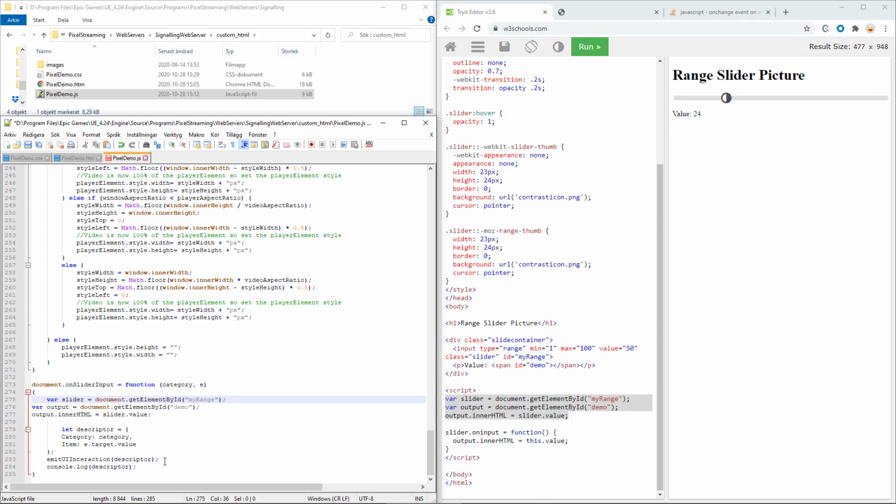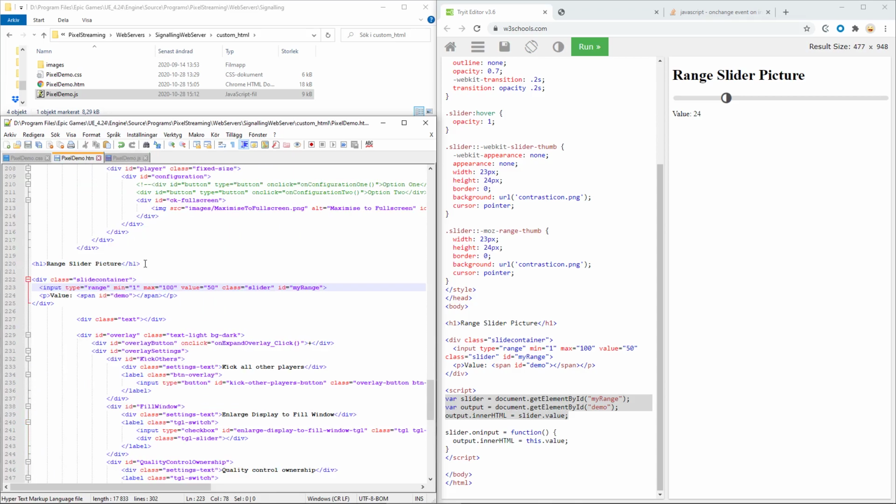Now in the HTML file here, whenever this value is changed, we would like to use the function on input.